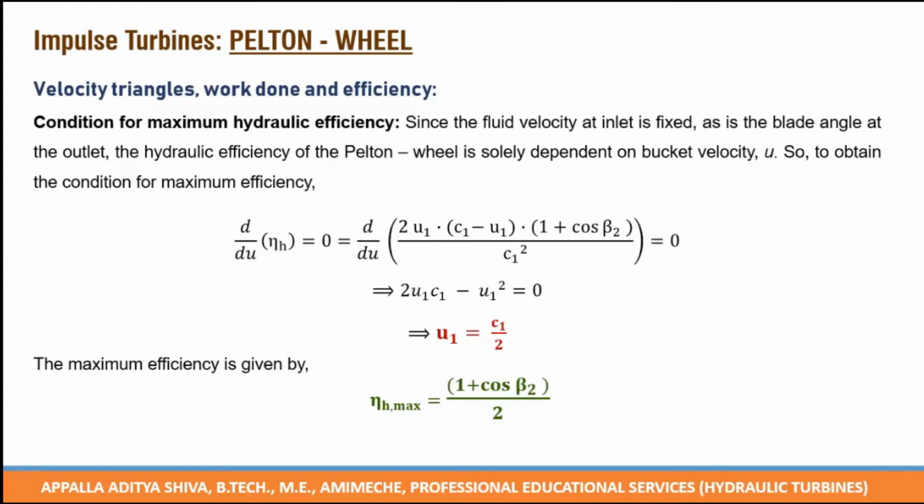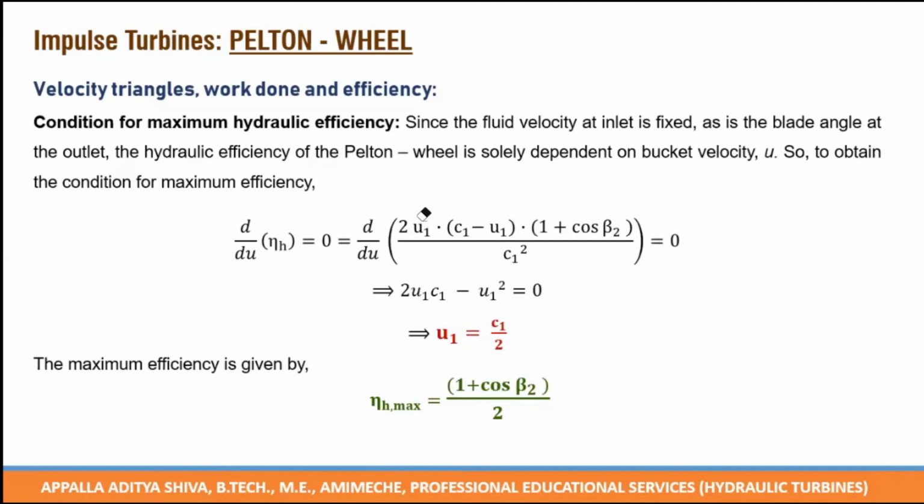So when we differentiate the hydraulic efficiency with respect to u and equate it to 0, we obtain this condition: u is equal to c1 by 2. I'll repeat it here. We have fluid velocity at the inlet fixed by virtue of the nozzle. Then we have the blade diameter and blade design angle also fixed by construction and design. So the only component that is left is the rotational speed. If we change the rotational speed, we have a different blade velocity. Therefore, u is the only component